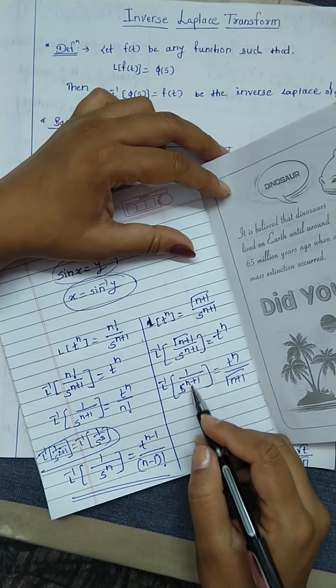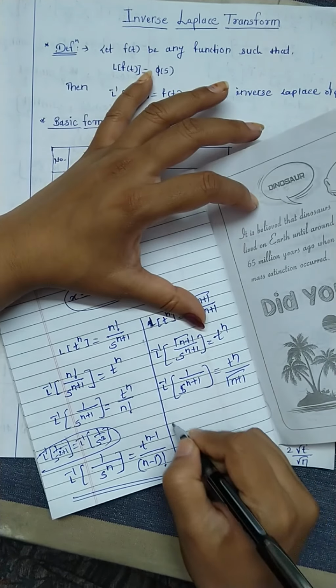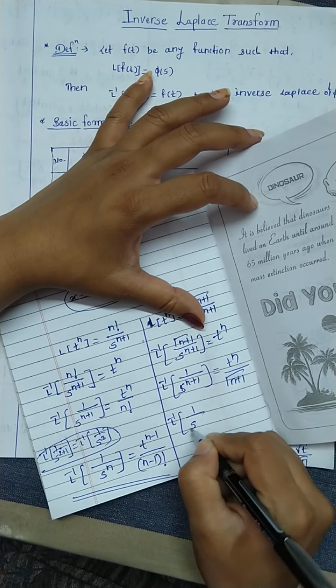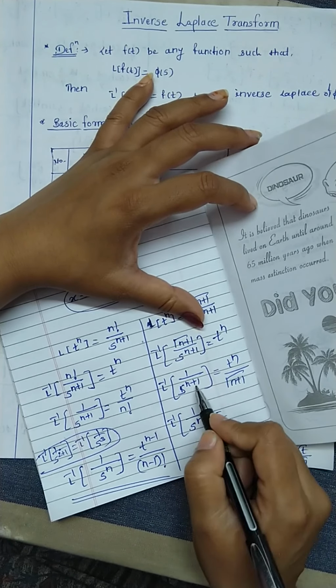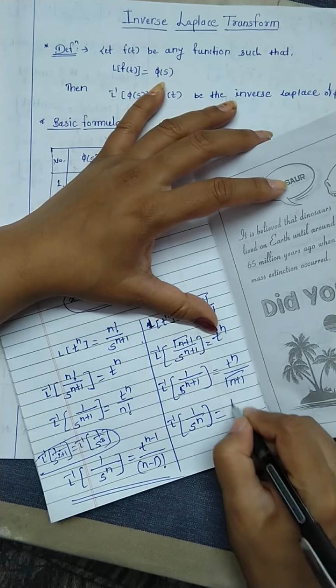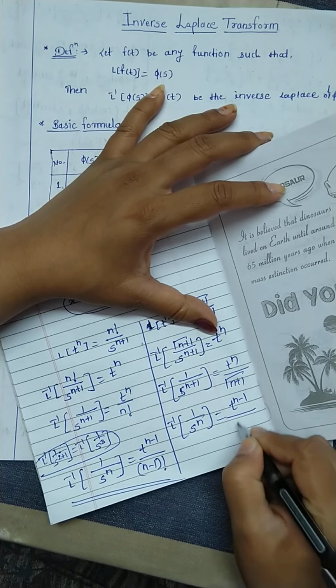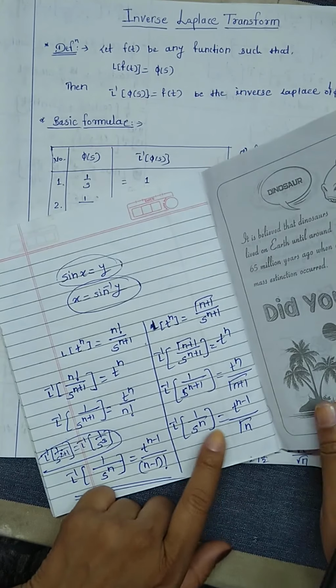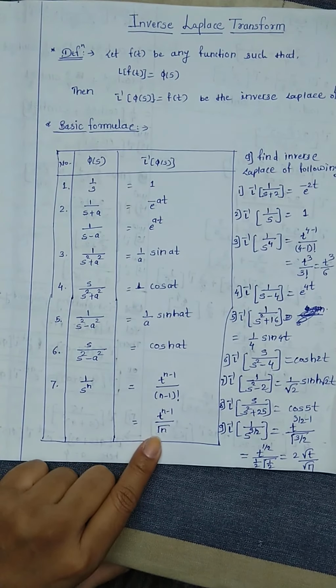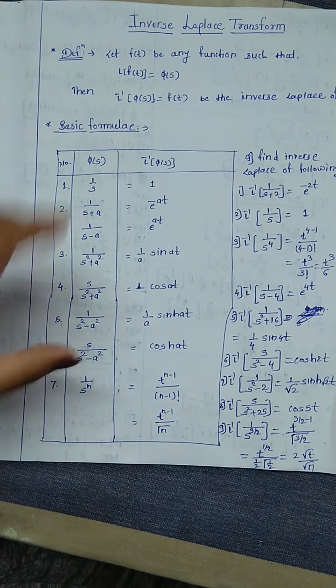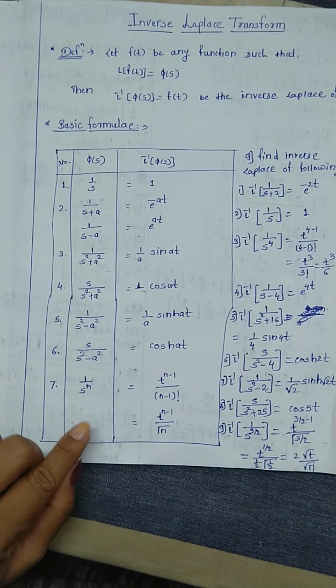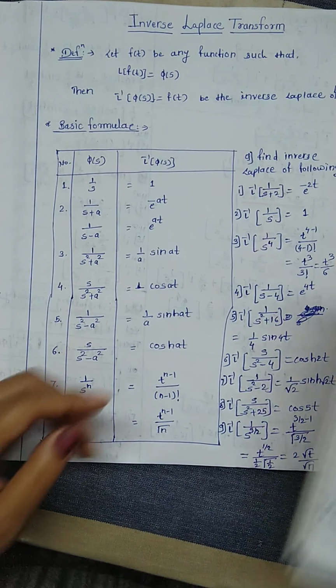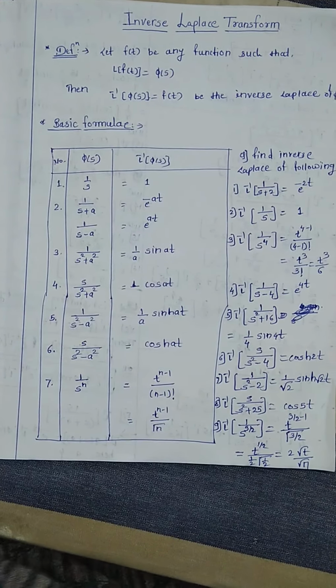Now again we have to convert this into simply n. What would it be? It becomes 1 upon s raised to n here, and one number less from n, it becomes t raised to n minus 1 upon, one number less means, gamma n. This is the second formula, for gamma. Remember this only. You can construct this from Laplace, but you don't need to construct it every time. That's why you just mug this up.